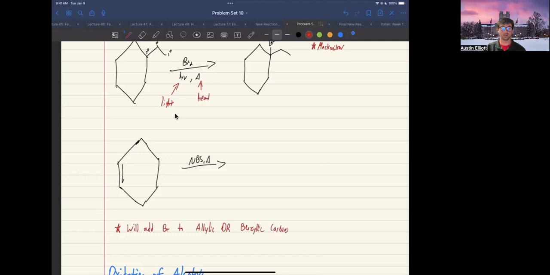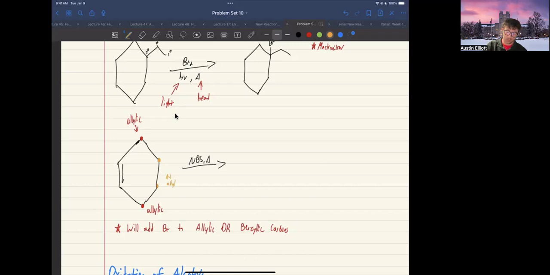So when we look at our double bond here, this carbon up here is allylic, and then this one is also allylic. So basically it's within a carbon of where the double bond carbons are, those sp2 carbons. But now these two over here,